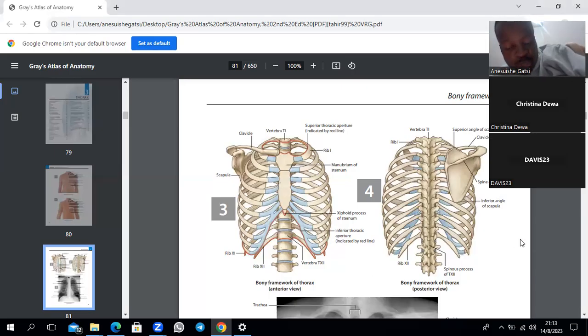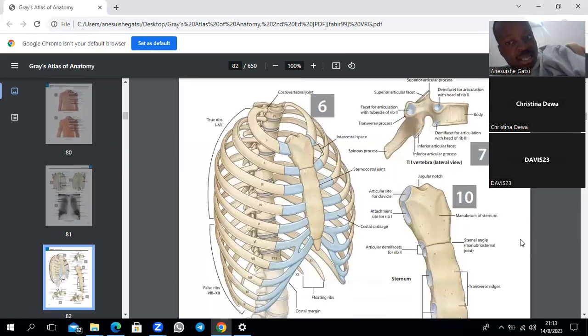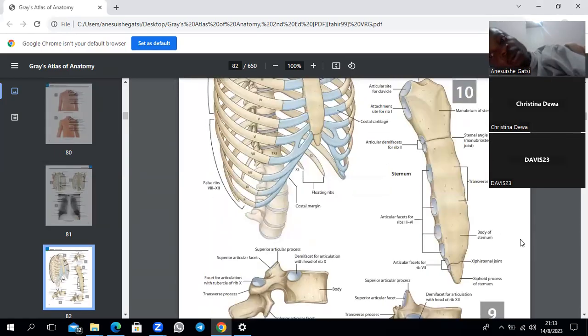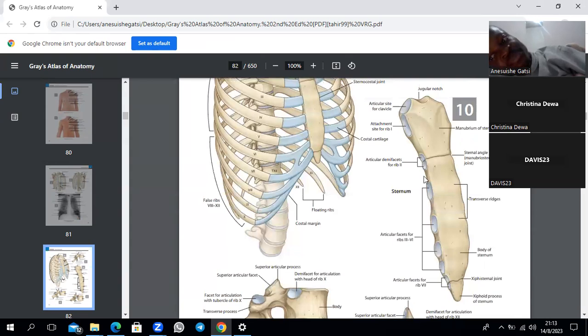Okay. So the bones that really make up this thing. So here we have the sternum. The sternum, which is our breastbone, is made up of 3 parts. There is the manubrium sterni, there is the body of the sternum, then there is the xiphoid process here, right? So this manubrium,